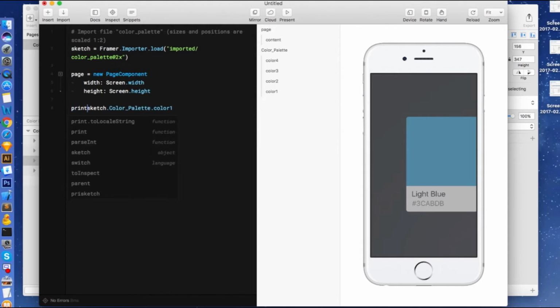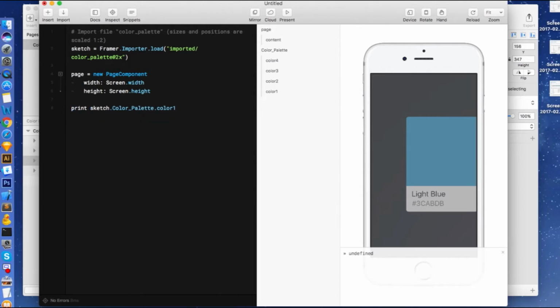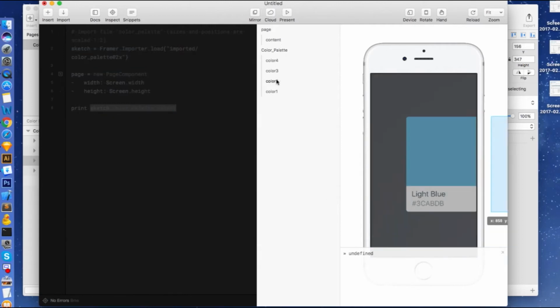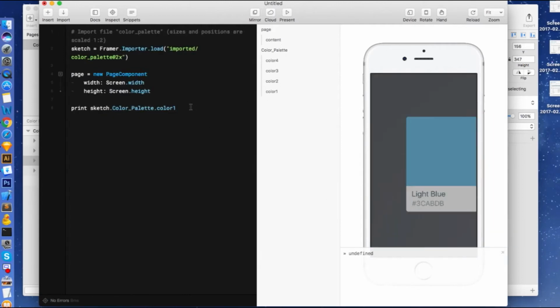We can write print. So print is like console log for the web. For some of you who have used web technology before, we're simply writing out the system's input value for this. So this is undefined. That means we cannot find sketch.colorpalette.color1. But can we find color palette? We can. Once we remove the color 1, we notice that on the